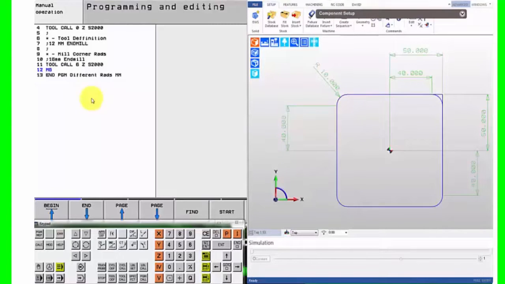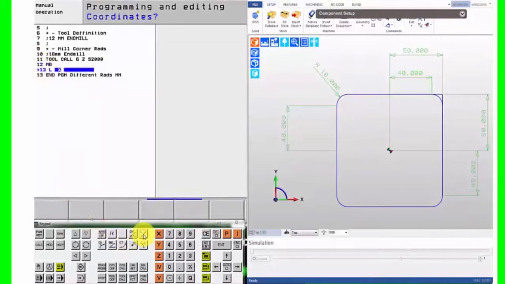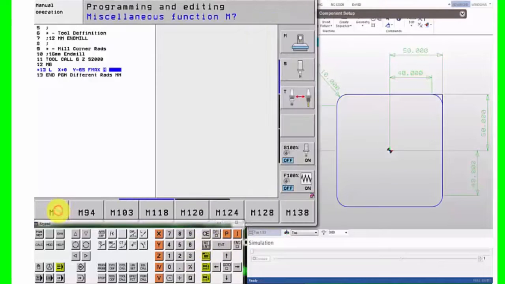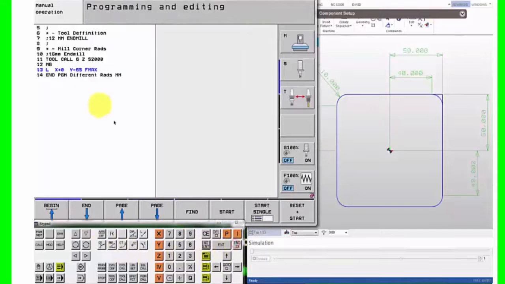program these arcs. So the first thing I'm going to do is create a linear move, and I'm going to send it to X0, and I'm going to send it to Y minus 65. Enter. I'm saying no enter to that. It's a maximum rapid move, end, which will take me down here somewhere in the middle of that,